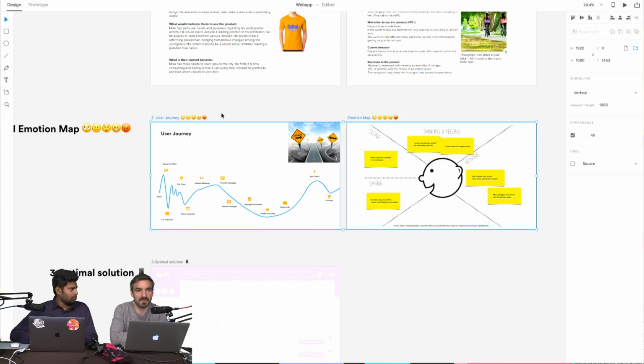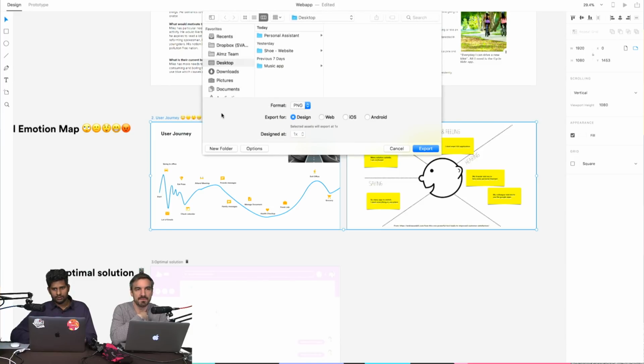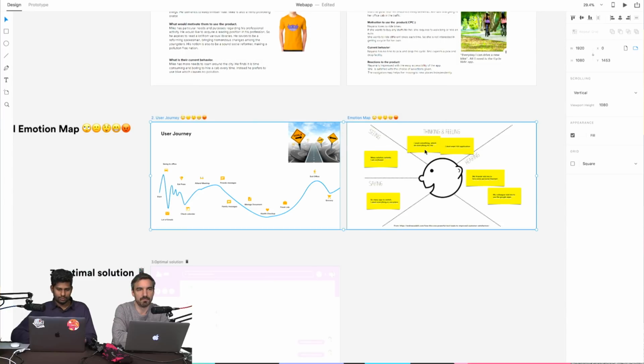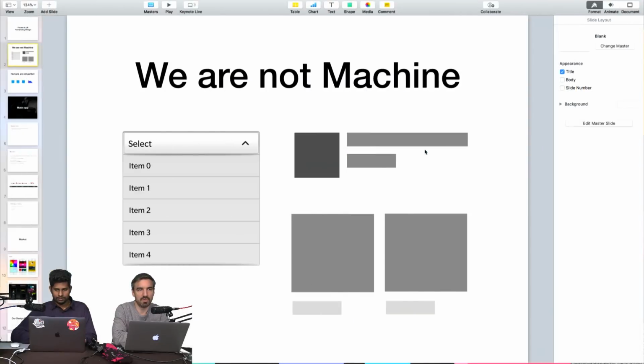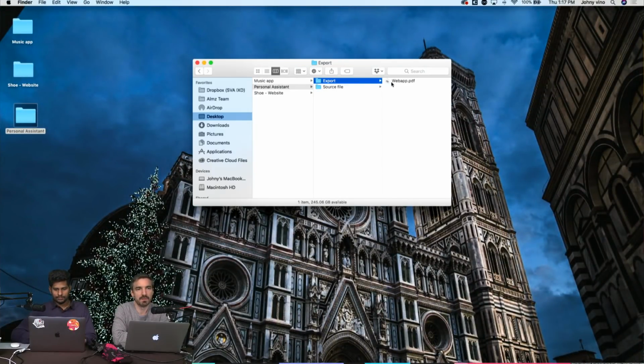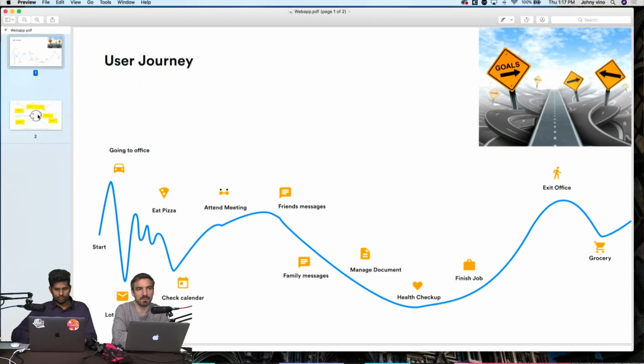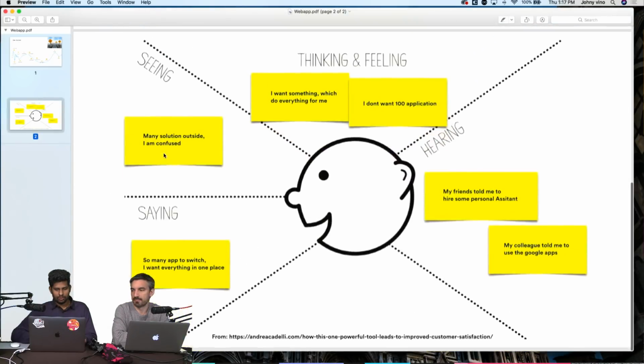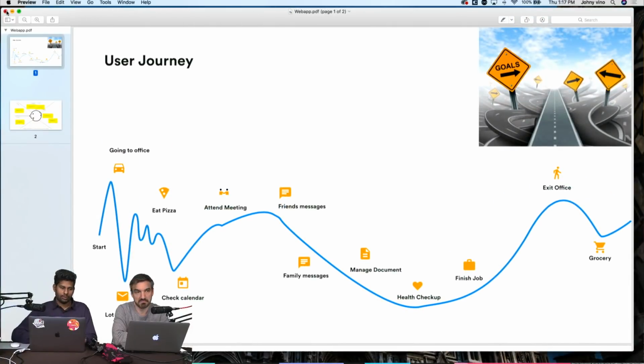Okay, I selected two artboards. I'm going to press Command E. You select PDF and you will see two options, single PDF file or multiple PDFs. If I click single, it should merge. Export. And if you have Acrobat Pro, you can rearrange the pages and protect the PDF. Here we go. So I can just export. That's good. If I want to make a presentation, we can do that.